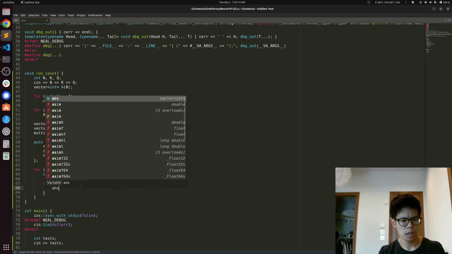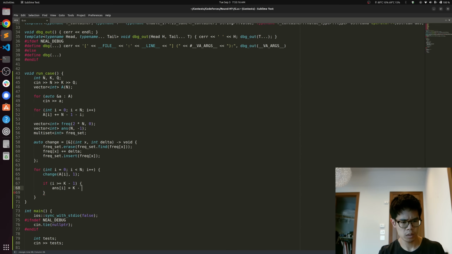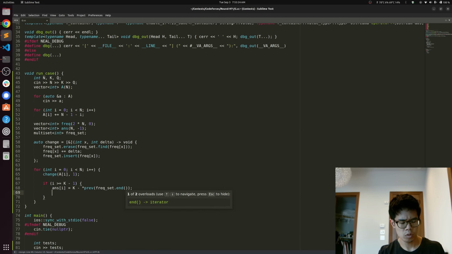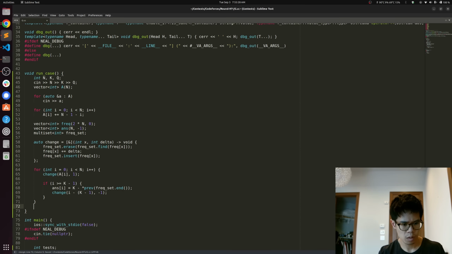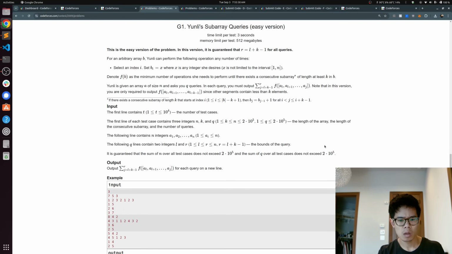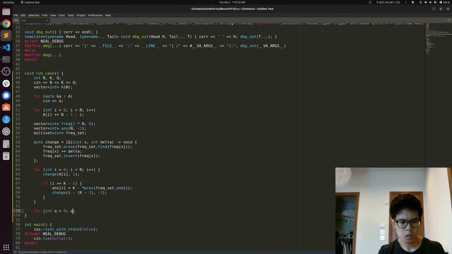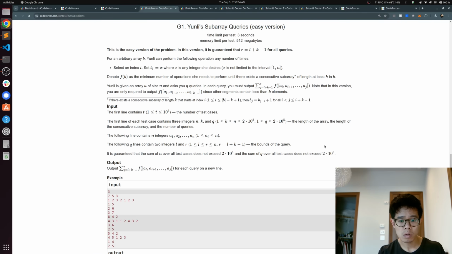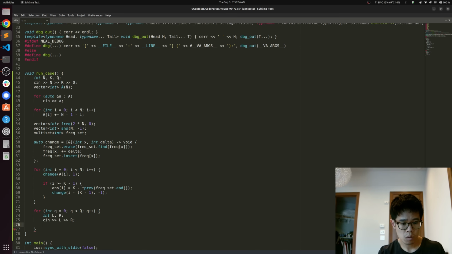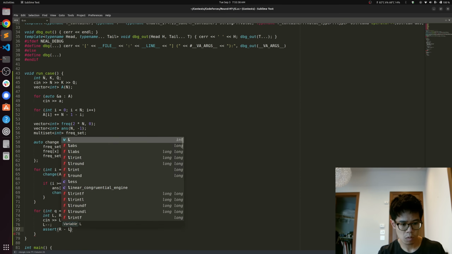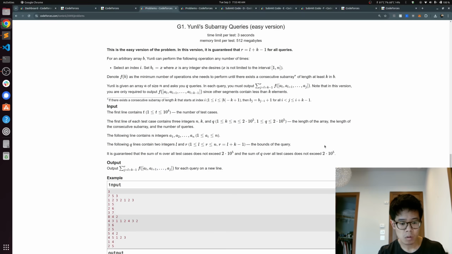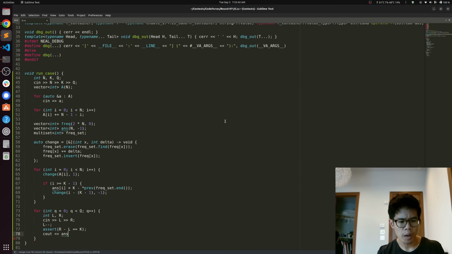So this hence I equals k minus big set. And then we are going to change L minus k minus 1 by negative. So